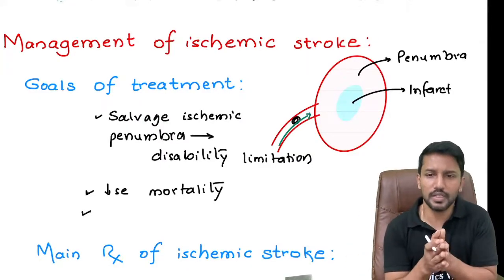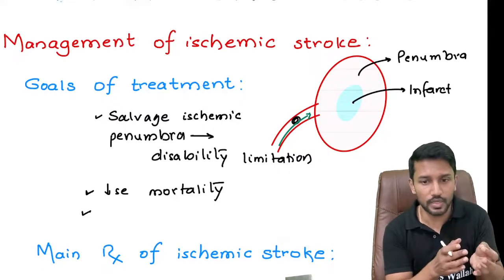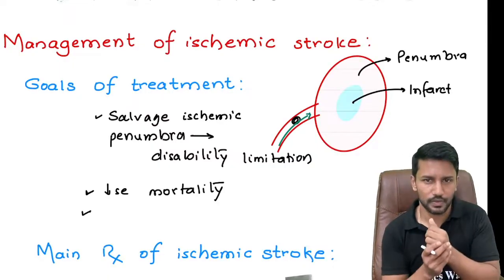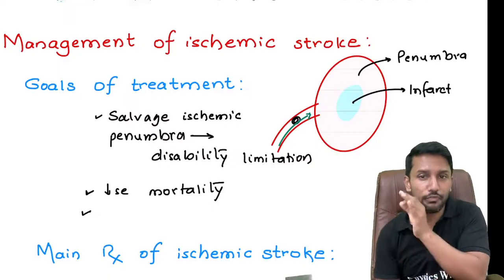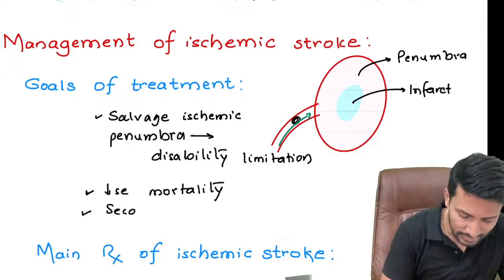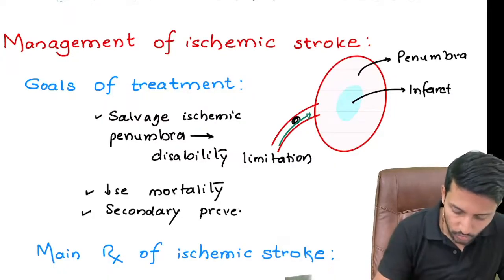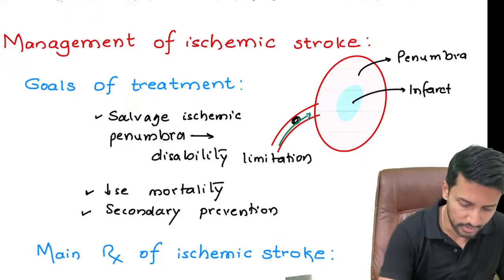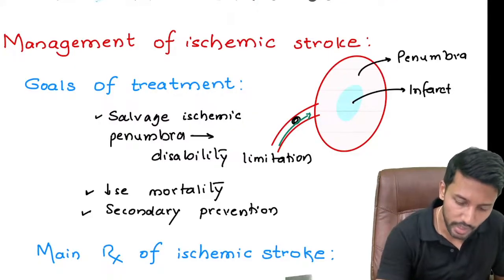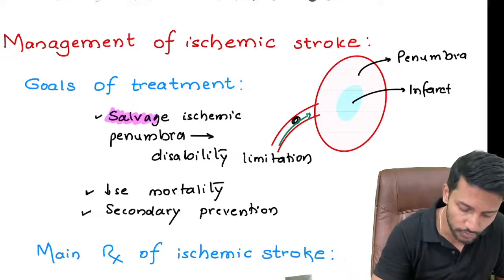So there is every possibility that the stroke that has happened today in one particular blood vessel may affect another blood vessel in future. So we have to also reduce the future occurrence of stroke. In that case, we call it secondary prevention. So these are all our goals of treatment. Number one, salvage the ischemic penumbra. This is the main goal of our acute treatment of stroke. And then we have to think of